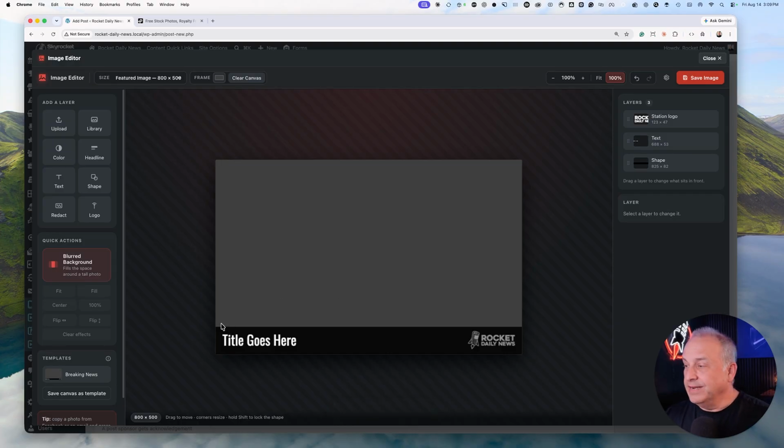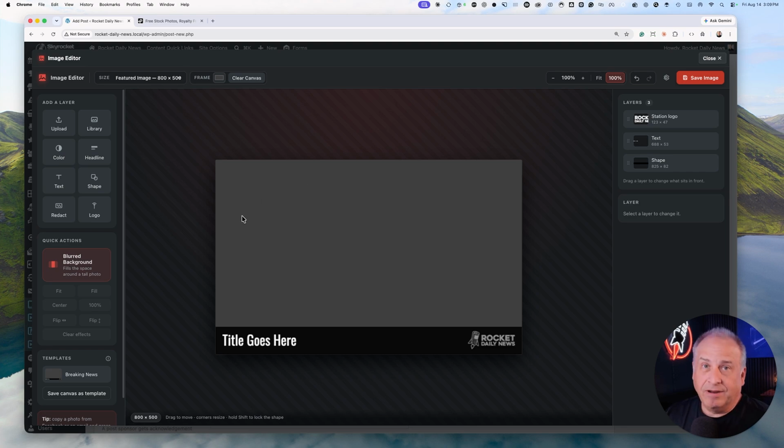That right there is going to save you a lot of time, because if you have a certain way that you like to create featured images or breaking news or anything like that, you now have a template system, and you don't have to put these images to the side and everything like that. Or maybe you have coupons that you're creating for multiple clients, and you have a save now or something like that open in the corner. You have the ability to do that. And a cool thing is,